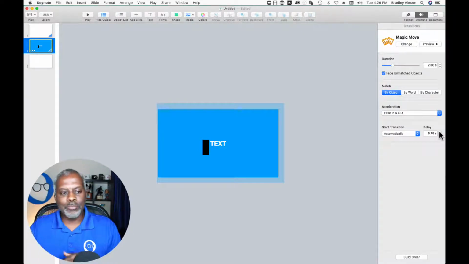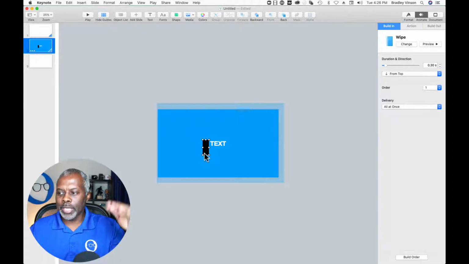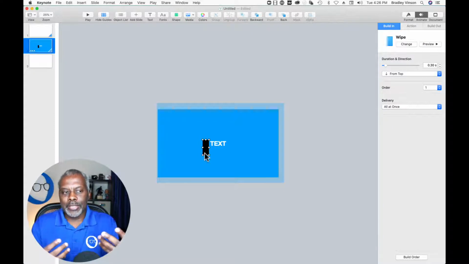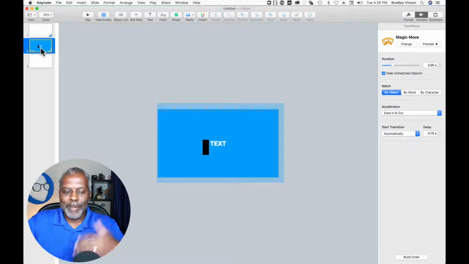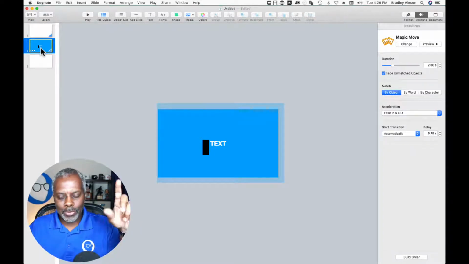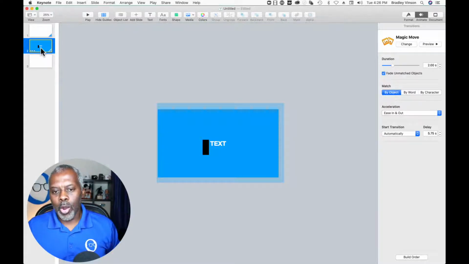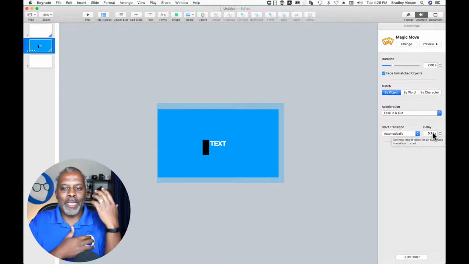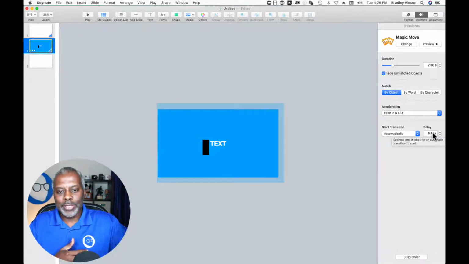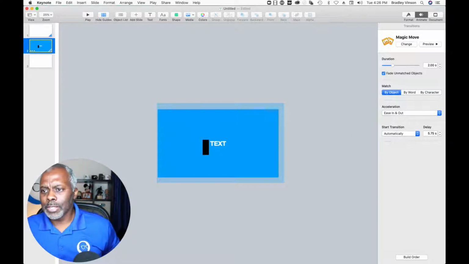Now that delay is based on this bar opening and closing. If the bar wasn't there, it would just be a delay sitting there. So it would move in, and it would just sit there that amount of time, then leave. But that little accent bar is triggering it. So all that delay means is, when the last animation is over, how long do I wait to do my next thing? If nothing is there, it just waits for 5 seconds. If something is there, it's going to wait till it does what it does, then wait 5 seconds. So hopefully that was helpful.